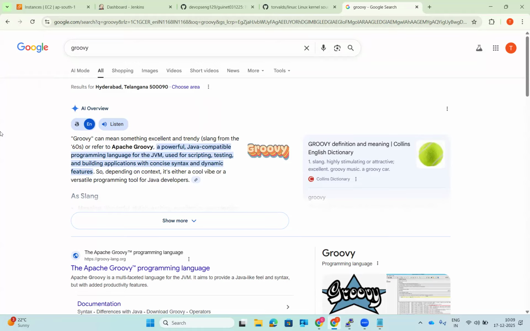So it is a Java compatible programming language. It follows some sort of syntax like the way we do in Java, but it is not as complicated as Java. It follows some sort of Java scripting syntax. This is very good for scripting,